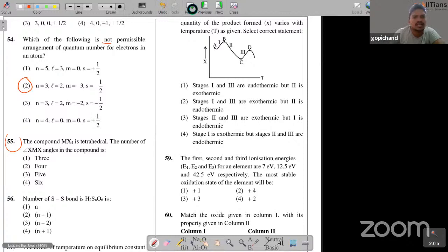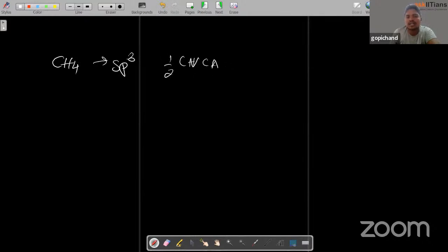So let's take one example, which is very easy. We usually take CH4. CH4 is tetrahedral. So how is it tetrahedral? It will follow sp3 hybridization. And you know how to find the hybridization by using the formula: half into valence electrons of the central atom plus number of single bonds minus positive charge plus negative charge on the molecule, if present. True. So now in case of CH4, carbon will be at the center